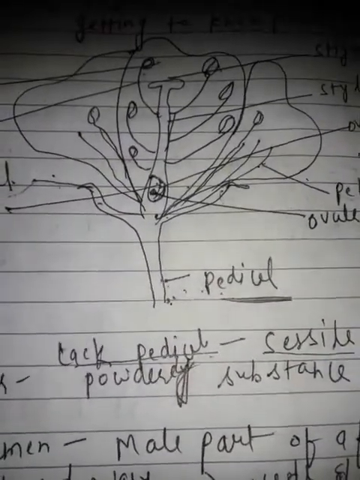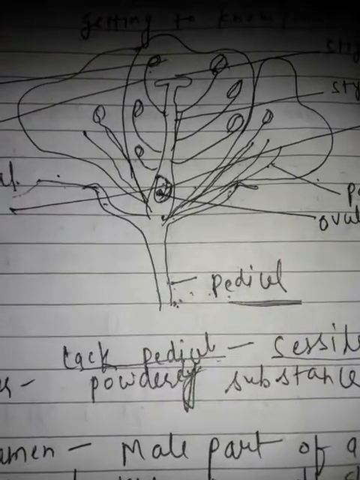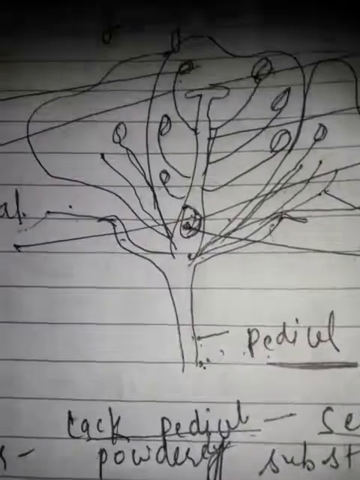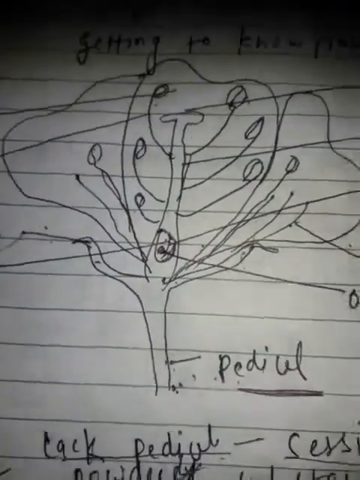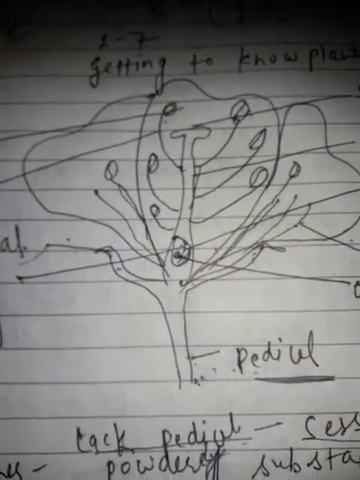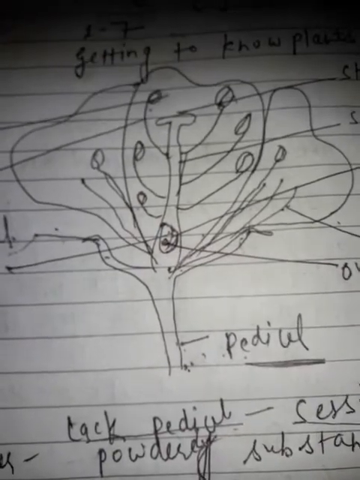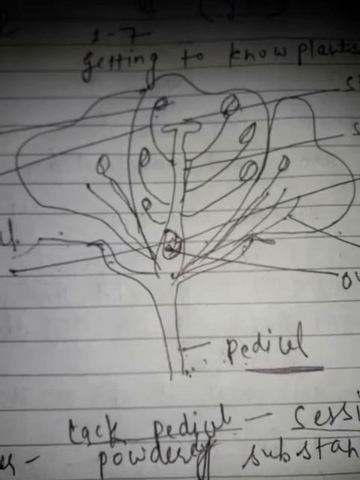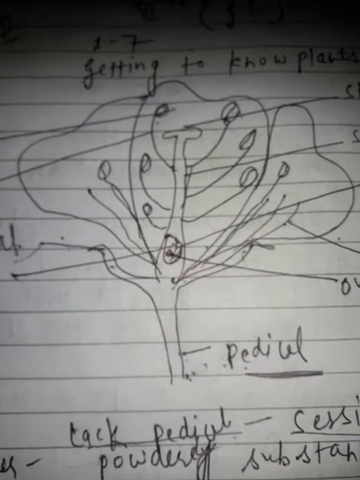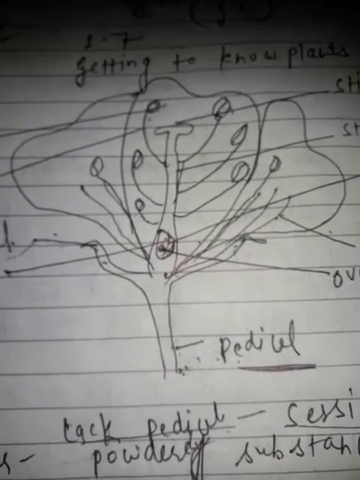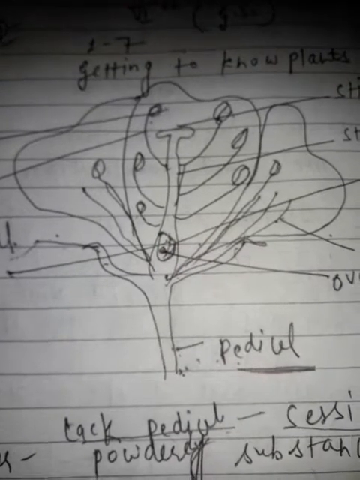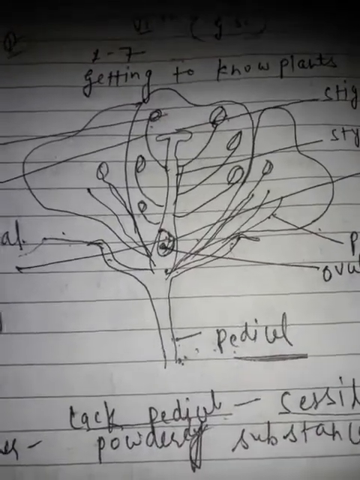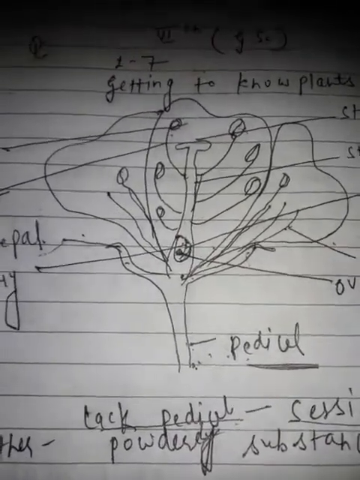Fix these dried flowers on a chart paper or drawing sheets and write the name of each flower, the date of collection, and any other interesting point about it. And collect flowers of various plants, examine them by carefully removing and counting the number of sepals, petals, stamens and pistils, and draw each flower in your notebook. Label the different parts. Also cut a section of the ovary to observe ovules and note down your observation in the table.